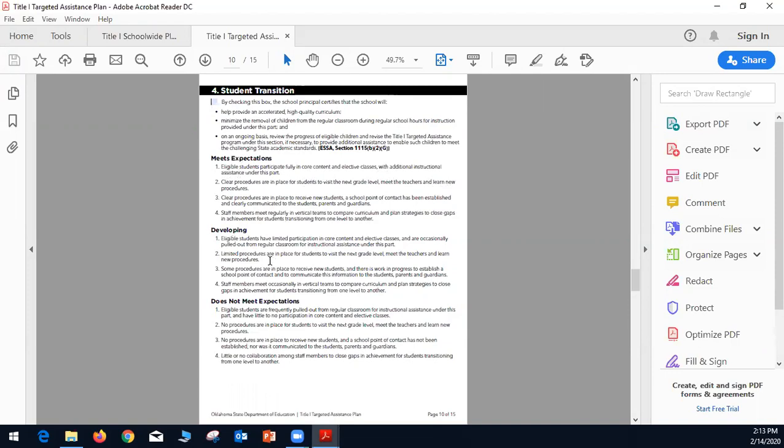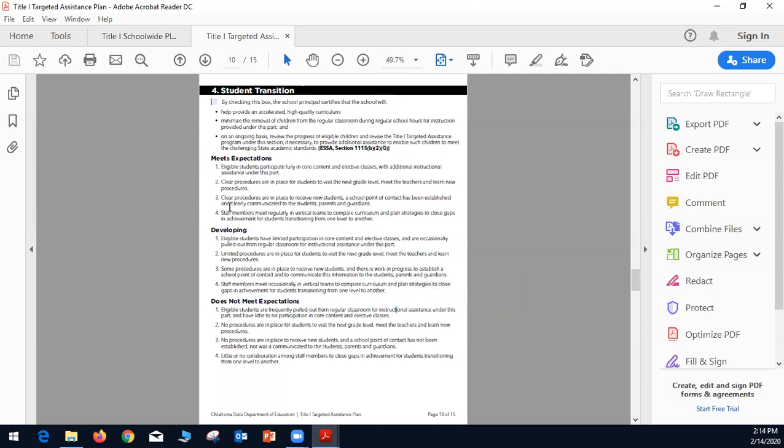If the plan is under development, then eligible students have limited participation in core content and elective classes and are occasionally pulled out from the regular classroom for additional instructional assistance under this part. And the plan that doesn't meet expectations will indicate that eligible students are frequently pulled out from the regular classroom for instructional assistance under this part and have little to no participation in core content and elective classes.